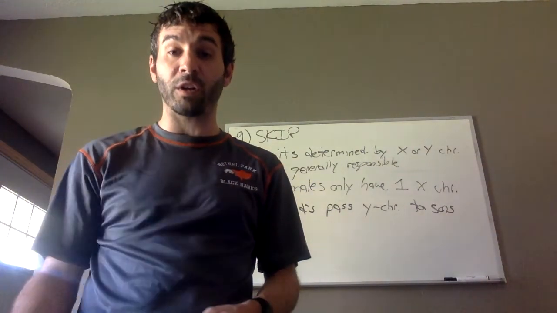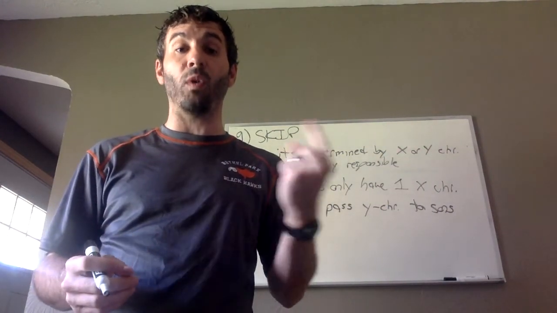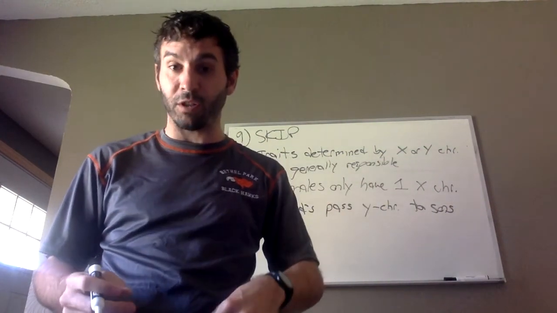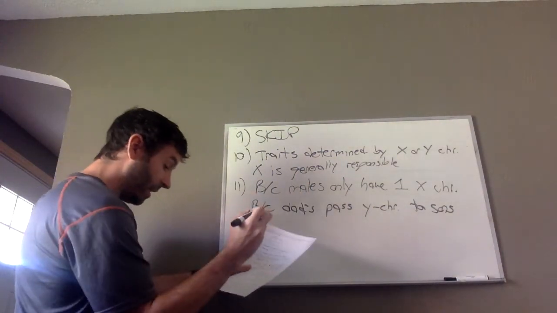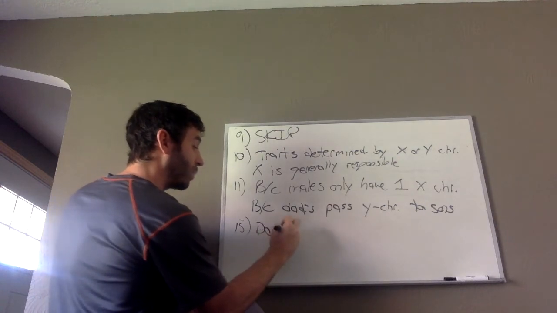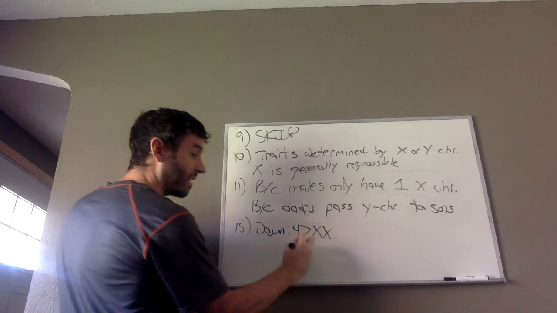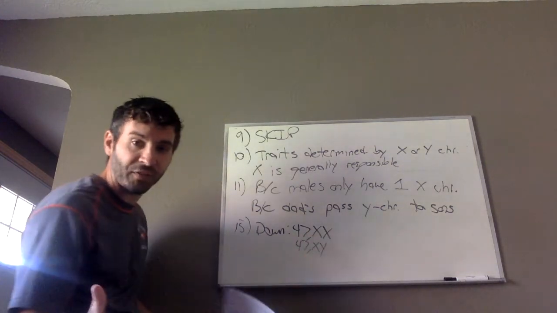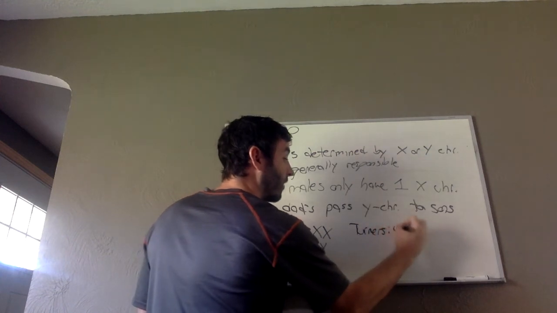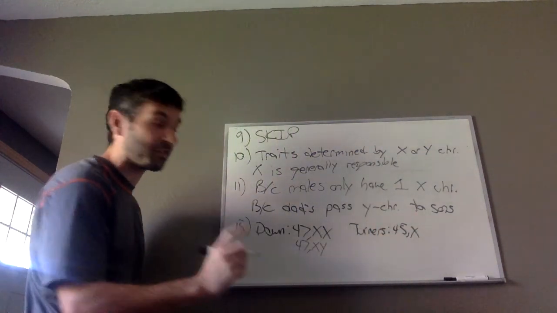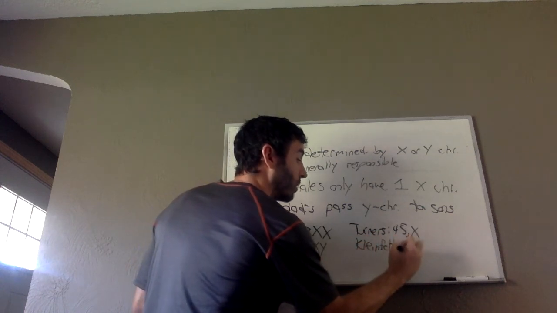14, nondisjunction is when chromosomes fail to pull apart during anaphase. So the gamete either ends up with one extra or one missing chromosome. That can lead to things like Down syndrome. Okay, and then finally 15, if I have time, Down syndrome is when a person has 47 chromosomes. So they're either 47XX or 47XY, depending if they're male or female. Turner's is a female with 45 chromosomes, but only one X chromosome. And Klinefelter's is a condition with men where they have 47